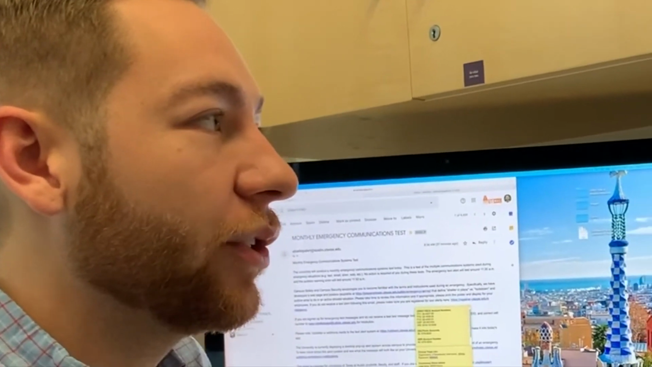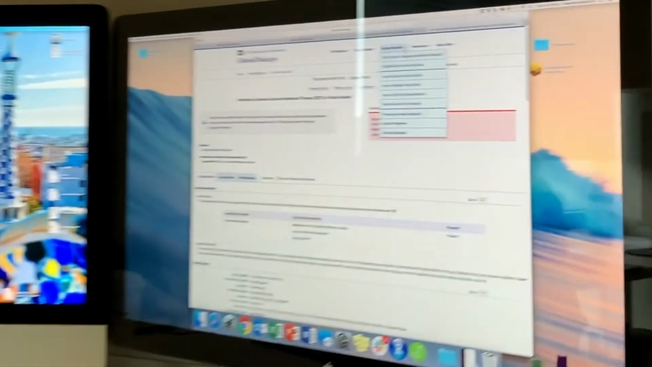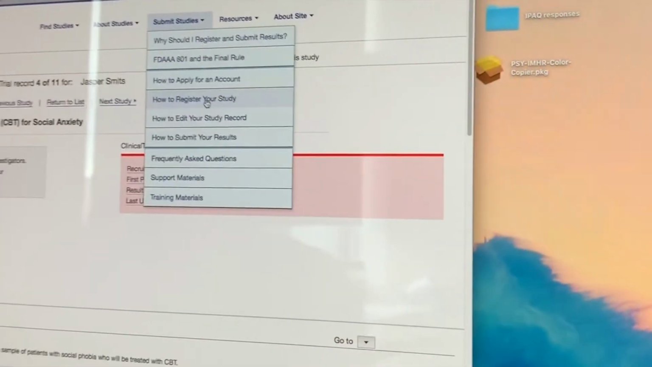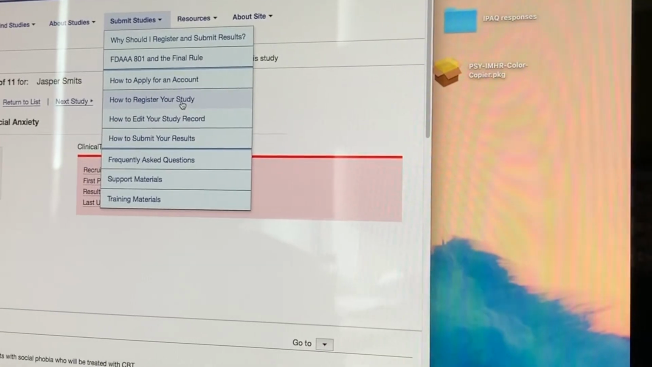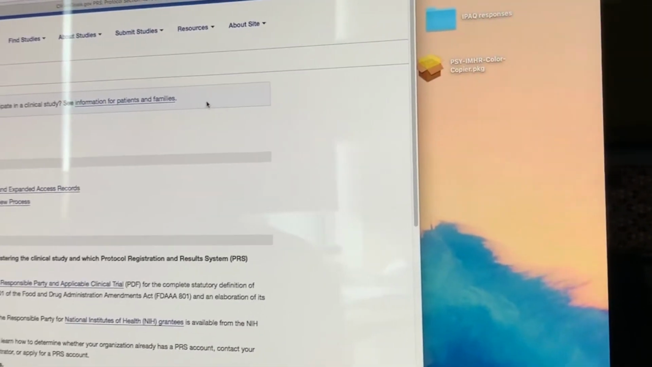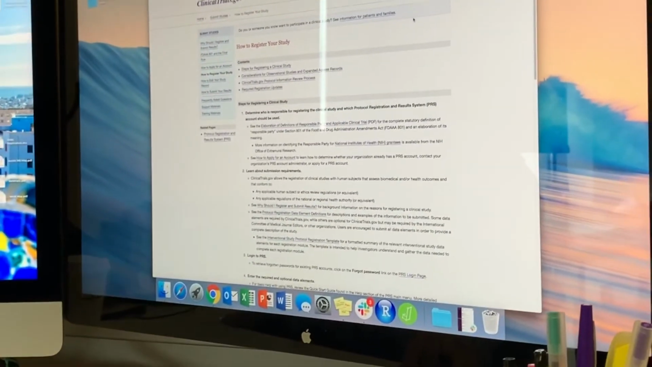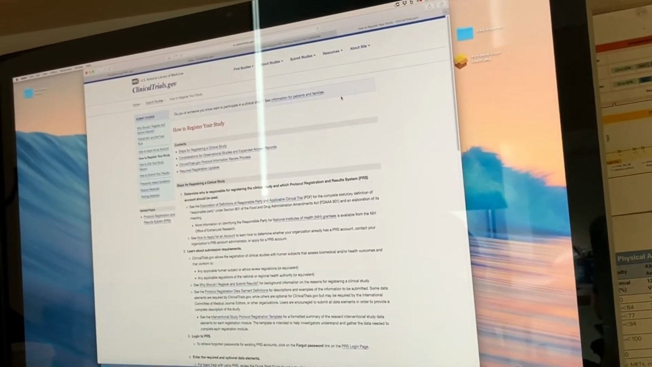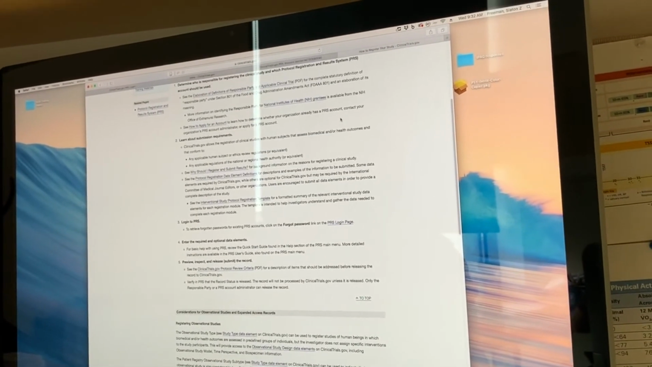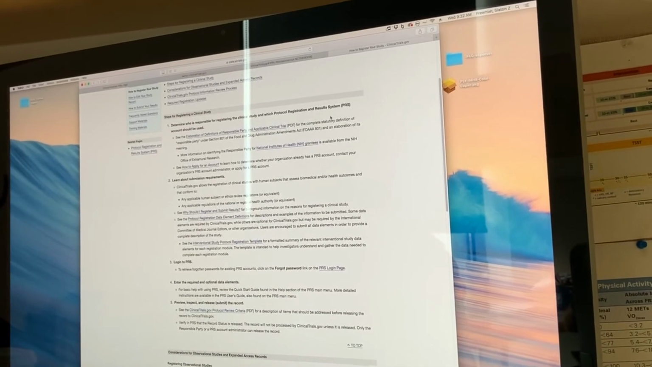When you are registering a new study, there are some resources here that tell you a little bit more about how to do that. So for instance, you can go to how to register or how to edit your study. But it is good to sort of look over some of your already registered studies. That way you know exactly what it's going to look like when it's published, and you can use that as a template for